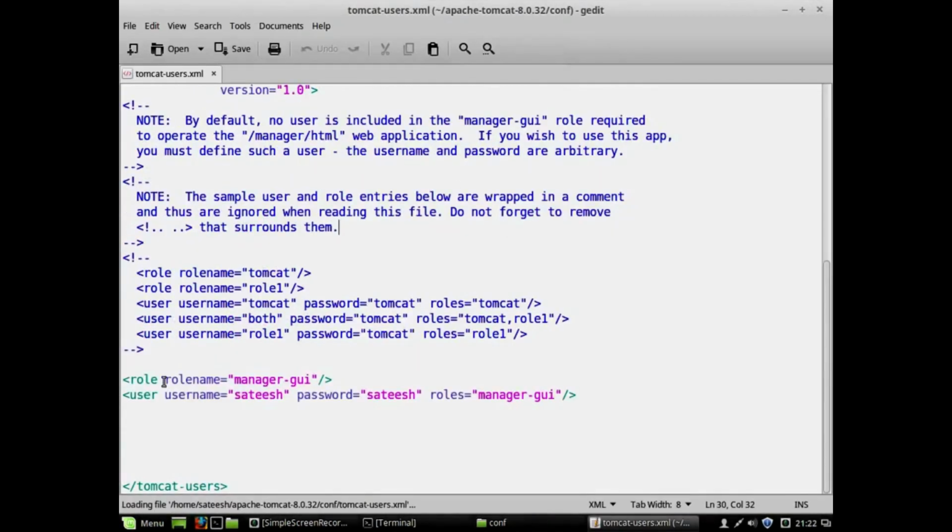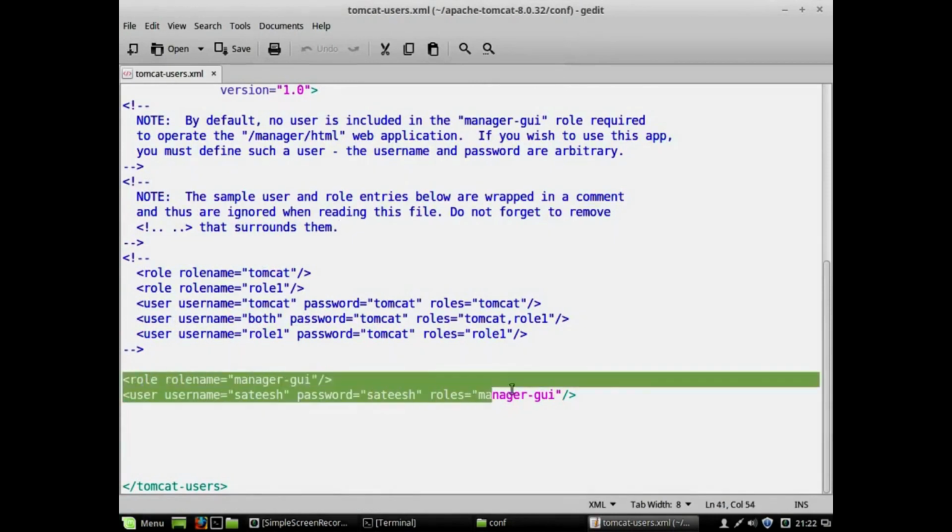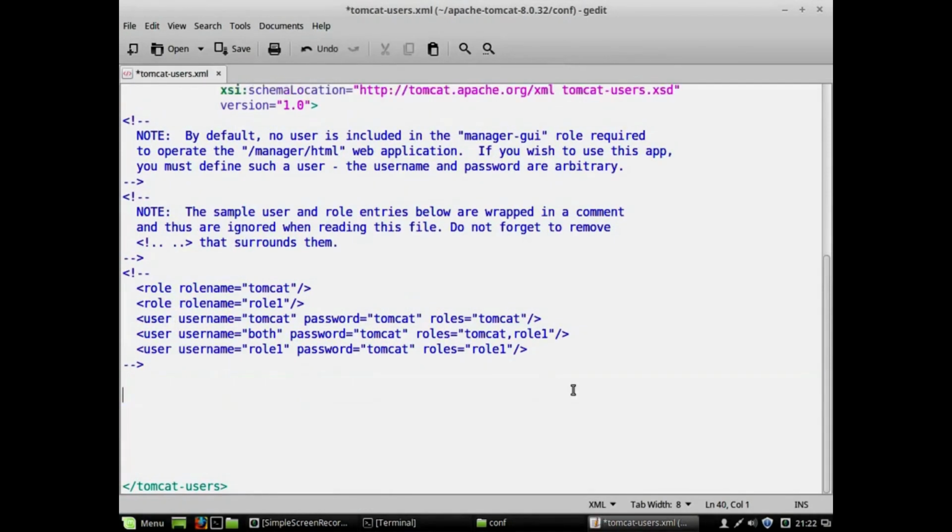Please open it. When you are opening this file for the first time, you will not see this line. You will have a file like this. That means no username is created, no password is created. If you do not have a username and password, you cannot log into the server. So it's very important to create a username and password. Here, guidelines are provided on how to create a role and how to create a username and password. Using these guidelines, you should create these two lines.